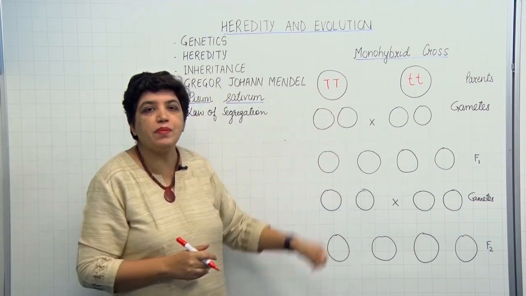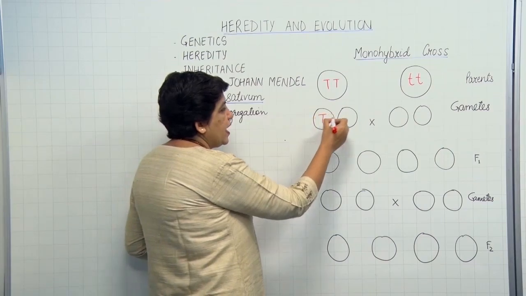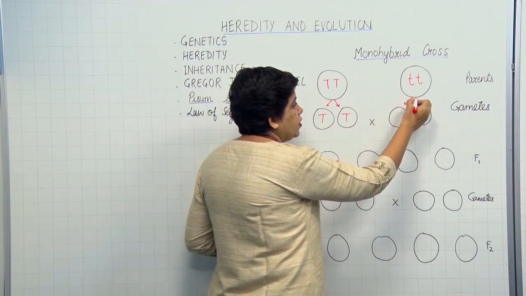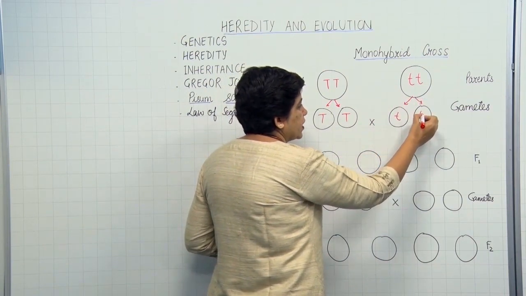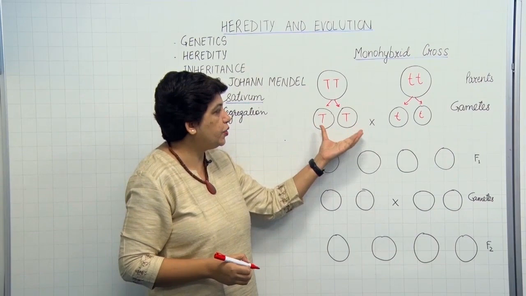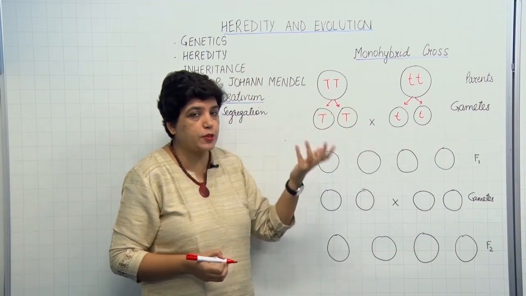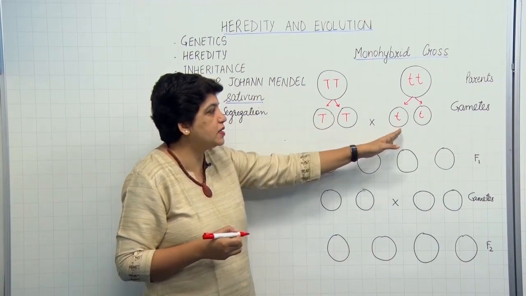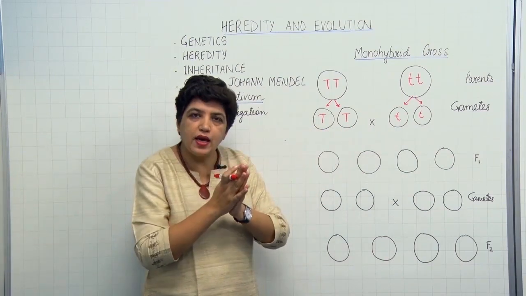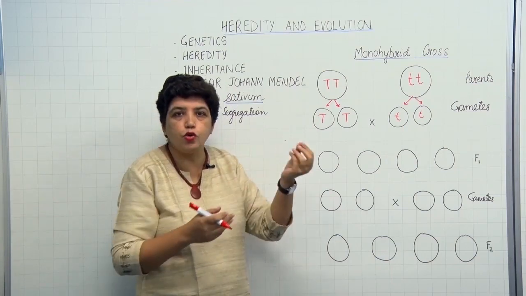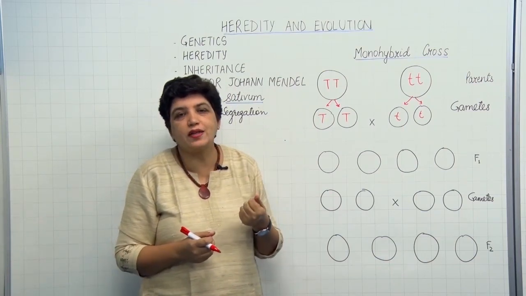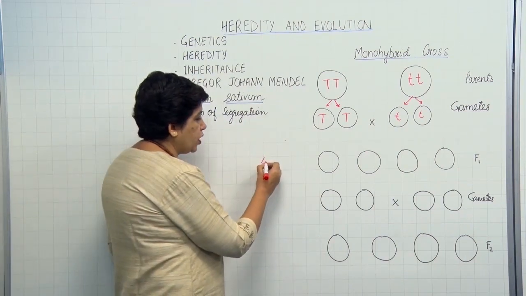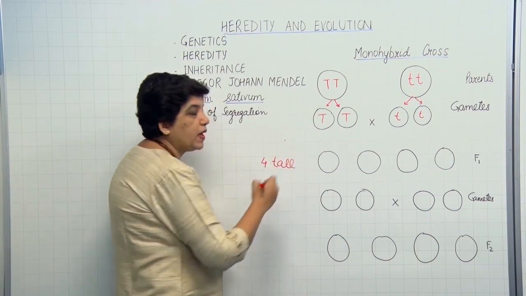So in this case, when gametes are formed, each gamete of the tall plant will have capital T, and the dwarf plant will have the small t gametes. These are the gametes. Now during crossbreeding, what will you expect when pollen grains of a tall plant and, let's say, the ovum of a dwarf plant are fertilized and a new plant is formed? You might expect that a medium-sized plant will be formed, but no. What Mendel observed was all were tall plants.